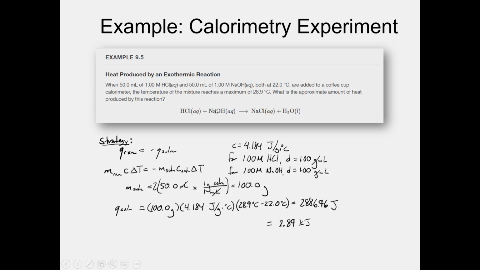Now remember, the last thing to remember is that the reaction was exothermic, because the chemical reaction caused the surrounding water to heat up, and the heat released by the reaction is equal to the negative heat gained by the solution. And so if our Q solution was positive, the Q reaction is negative. And this is an exothermic reaction, so our final answer should be a negative 2.89 kilojoules of heat released by